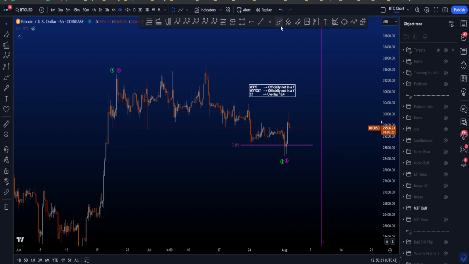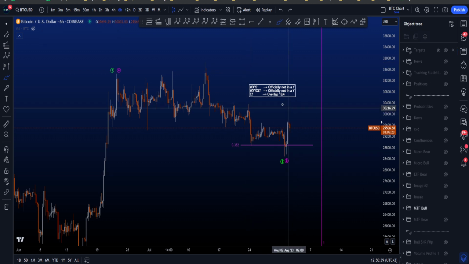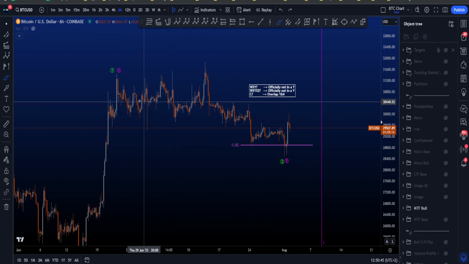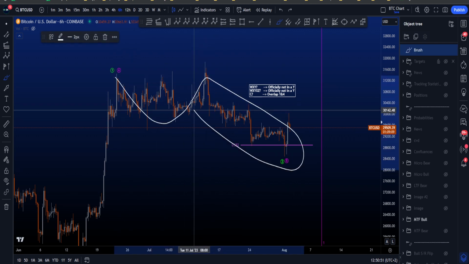I do have a little bit of a problem with this scenario. It's not necessarily making the probabilities a lot less, but I do want to talk about it, and I have a couple of images to share as well. So if we look at this scenario over here, there's two ways to count this, in a WXY or an ABC. If we look at a WXY, we're looking at a 3-3 and then another 3-wave structure in this move